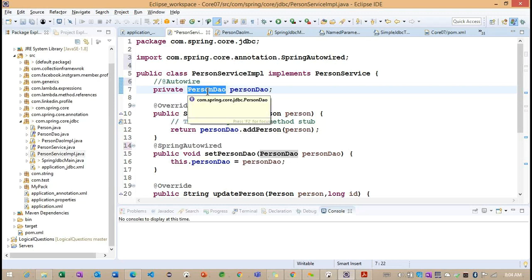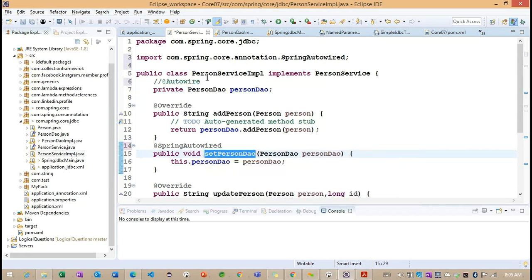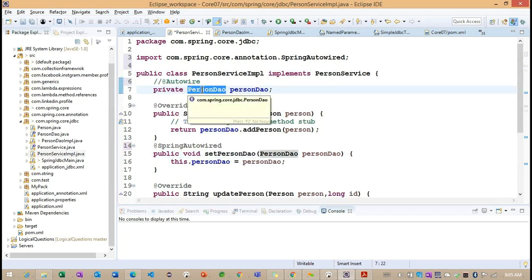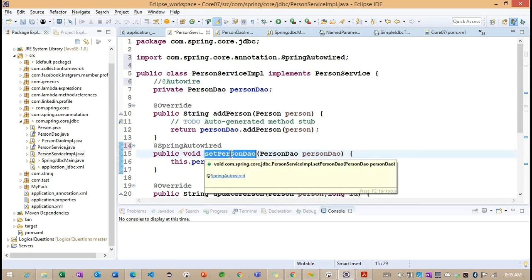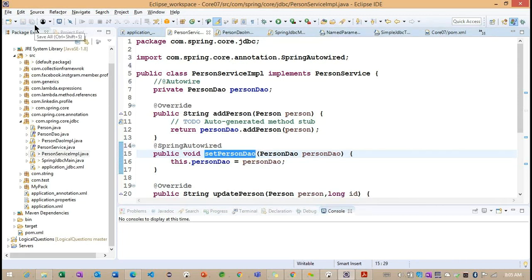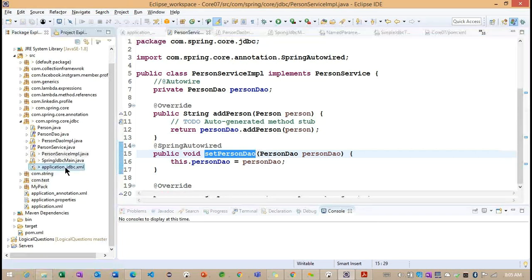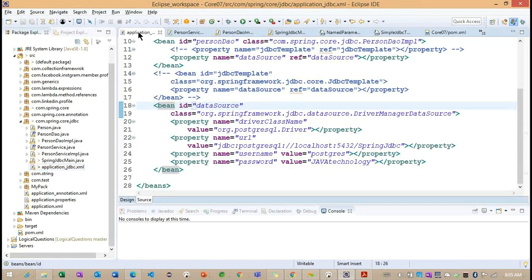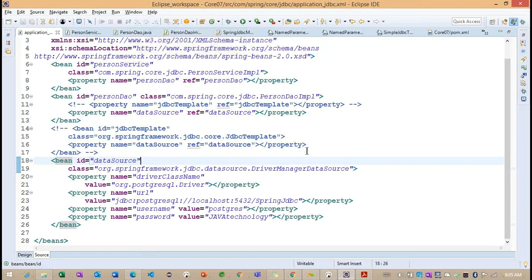But we identified these three locations, so which one is our best option? For the mandatory purpose, we can go for the constructor. For the optional purpose, we can go for the setter method as well as this particular property level. My suggestion is we go on top of the property here. Okay. Now, whenever I'm working on this particular property, on top of the property, what is the configuration we can eliminate in our configuration file?